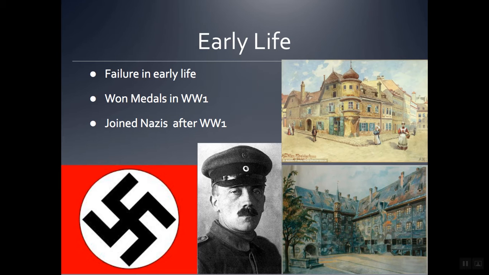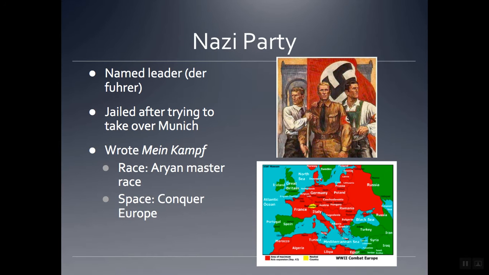Anyway, World War I comes to an end. He comes home and again finds himself in this like, well, where do I go now? And he ends up joining up with the Nazis after World War I, which was a very right-wing group, falls in line with the fascism that we were talking about before. And you guys know the struggles that Germany was facing after World War I. And so he falls in with this group that was promising security and blaming Jews for the problems that Germany was facing. And we'll dive into that in a second.